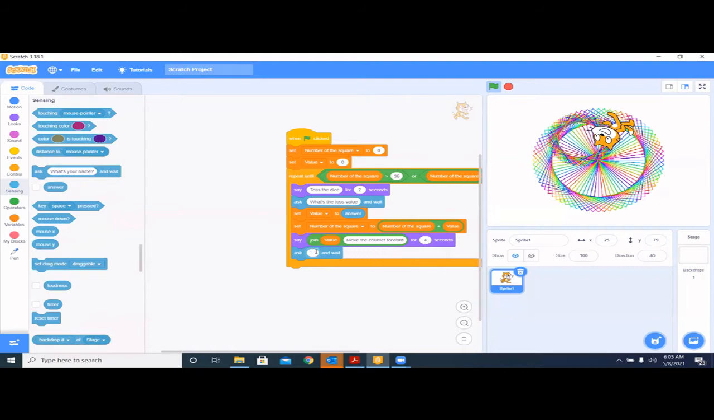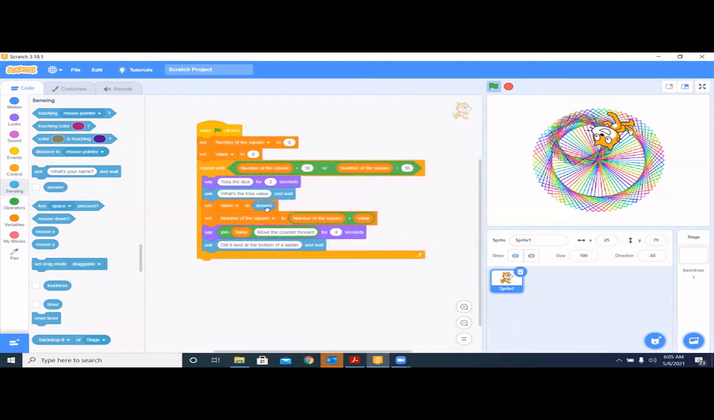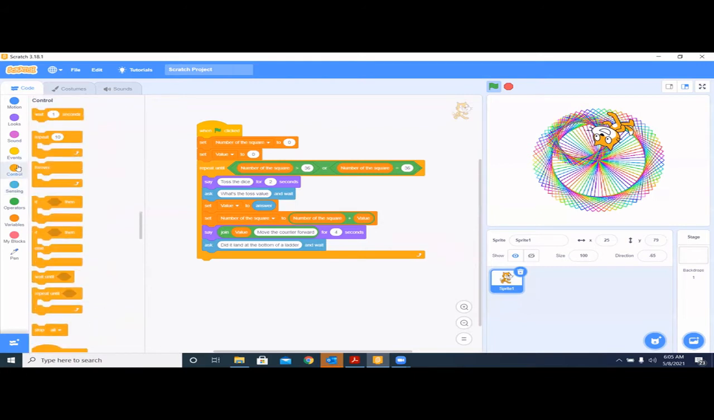So you ask, did it land at the bottom of a ladder? And wait, right? So based on the answer, there will be two conditions, right? Remember, you first ask this and then you check whether you have reached a snake, right? If those two are not the case, you just move forward. Otherwise, you have to change the counter. So there should be an if else,